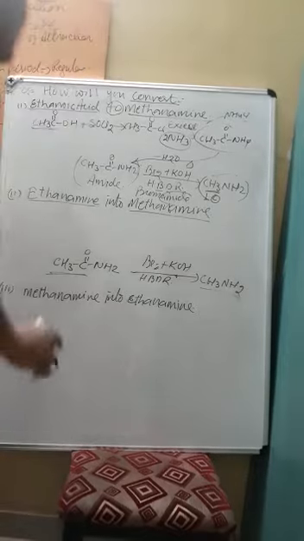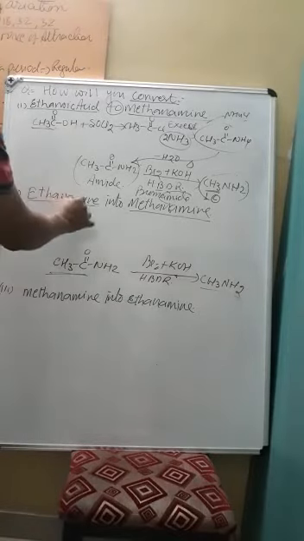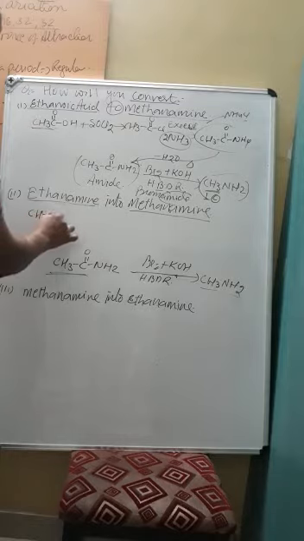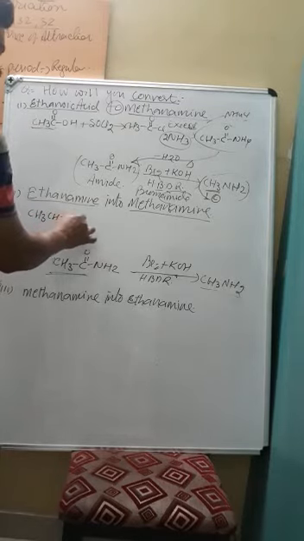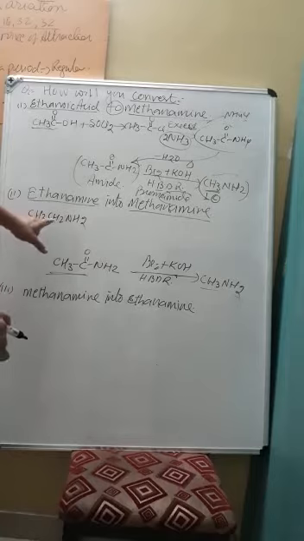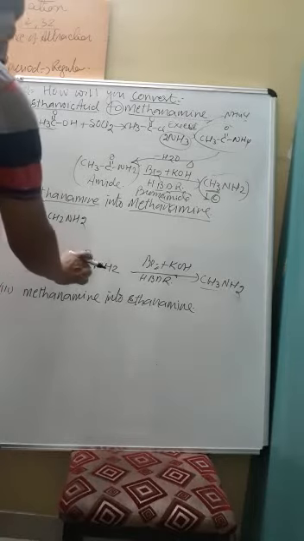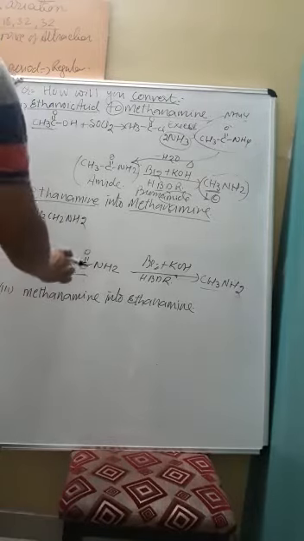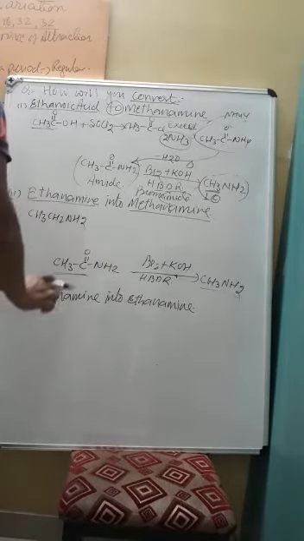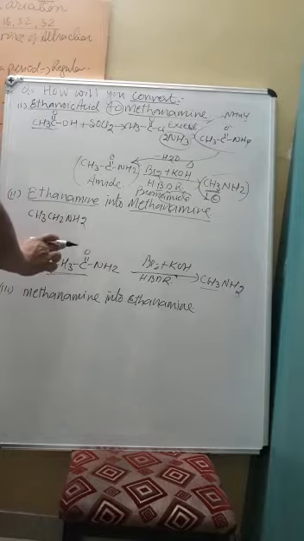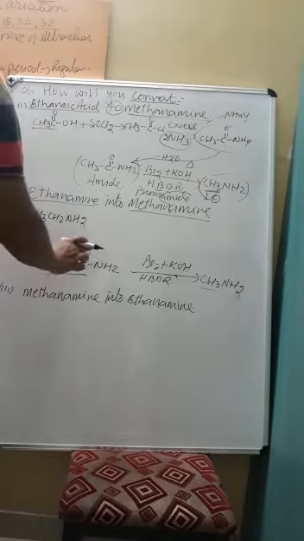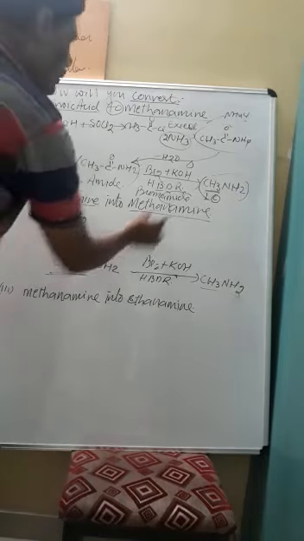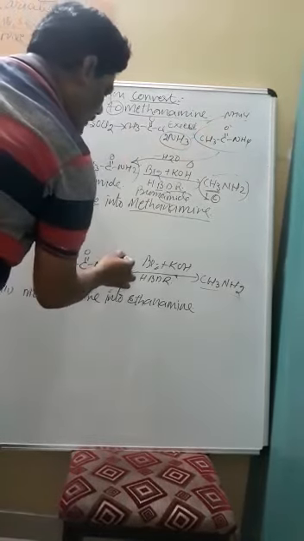Getting? So now our aim is ethanamine. Ethanamine means what? CH3CH2NH2. Now compare ethanamine with CH3CONH2. So how to prepare CH3CONH2? This becomes our principal aim. Get it? That is this one. So how to prepare? Again, it can be prepared by the same compound. What is the same compound?